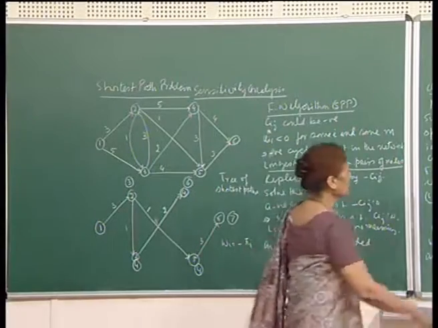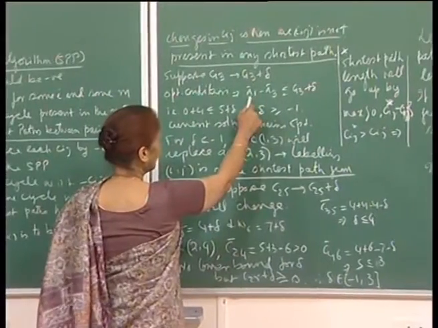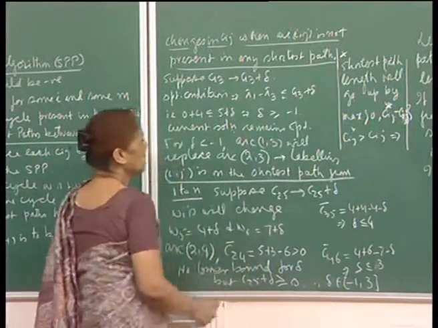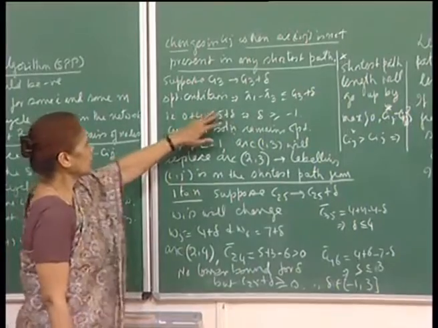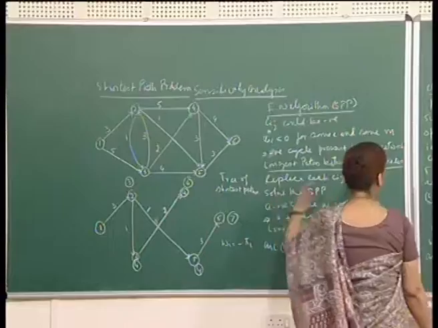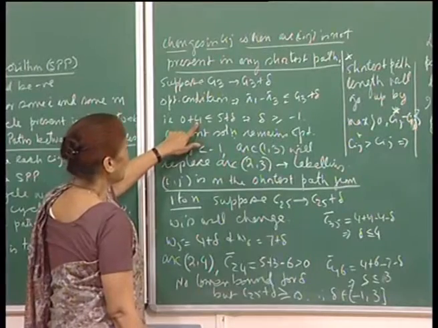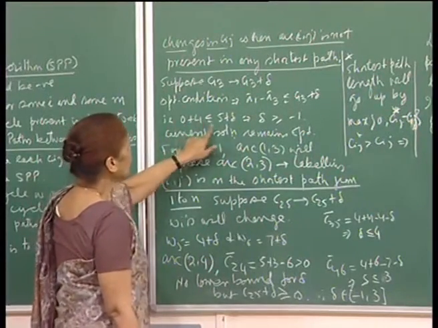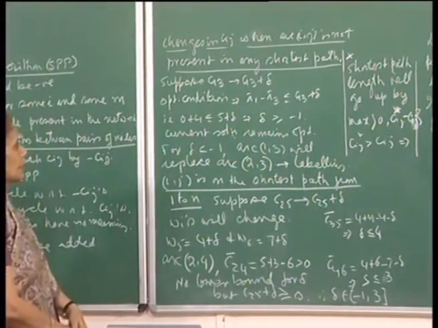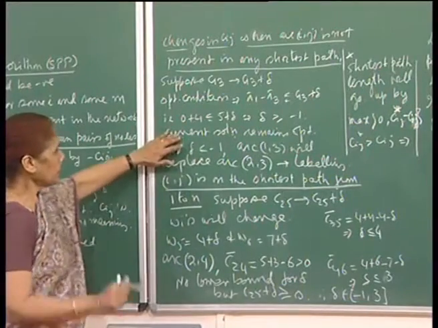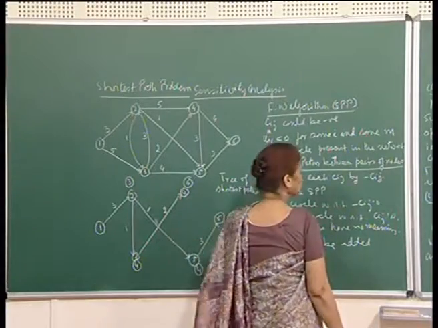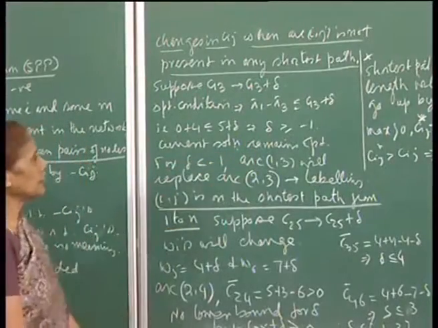So, if you apply the shortest path condition, then pi 1 minus pi 3 should be less than or equal to C 1 3 plus delta. This is the new Cij for 1 3. Substituting, pi 1 is 0 because W 1 is 0, and pi 3 is minus 4, so minus pi 3 becomes plus 4 here, right. So, this should be less than or equal to 5 plus delta, which implies that delta should be greater than or equal to minus 1. So, that means the current solution will remain optimal. This will remain the tree of shortest paths for all values of delta greater than or equal to minus 1,